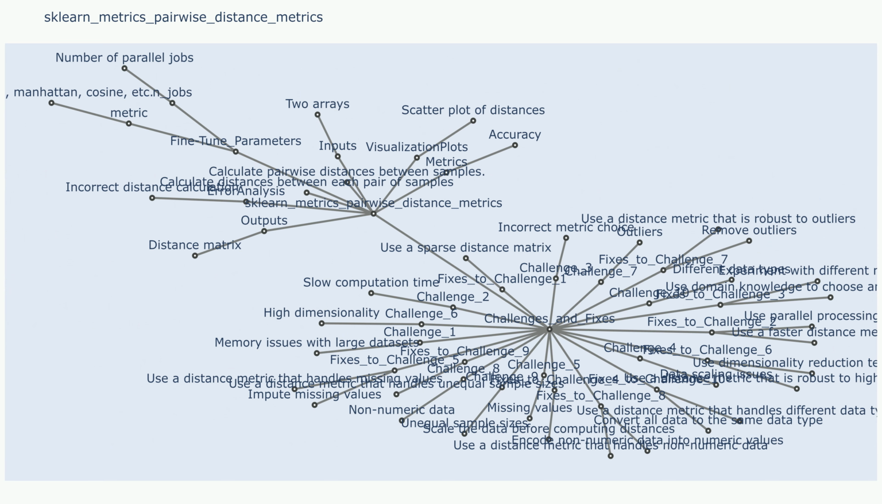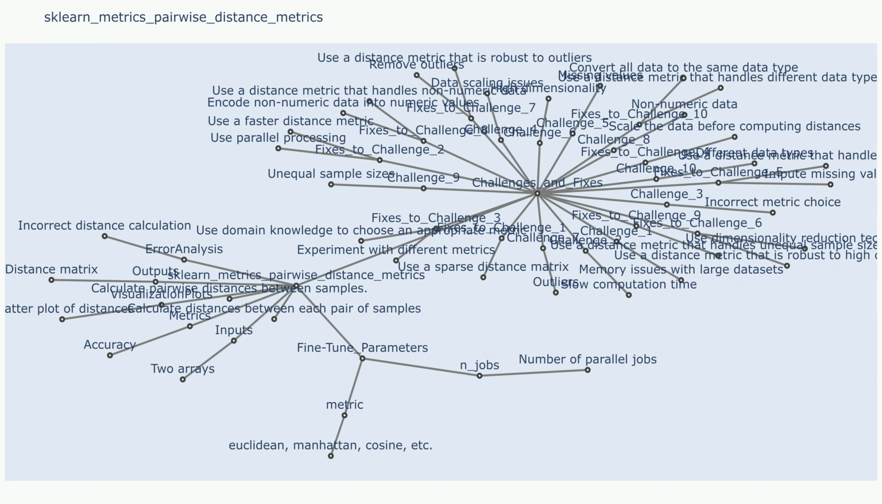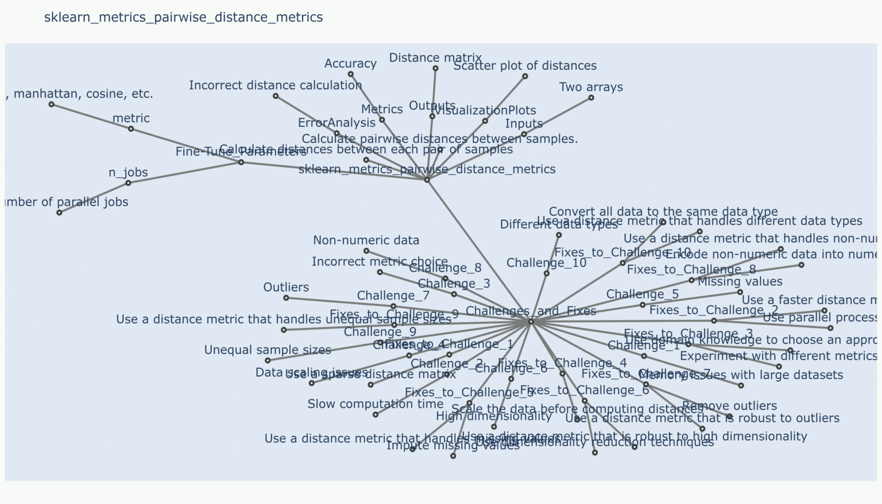Euclidean distance computes the straight line distance between two points in Euclidean space. Manhattan distance calculates the sum of absolute differences between coordinates of 2 points. Chebyshev distance determines the maximum absolute difference between coordinates of 2 points. Minkowski distance, a generalized distance metric that includes Euclidean and Manhattan distances